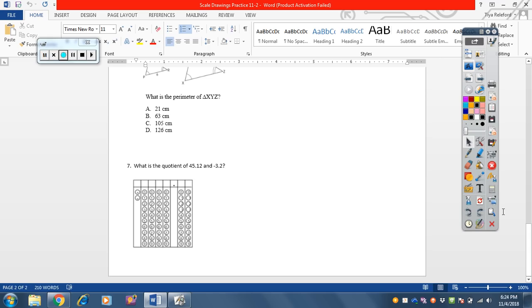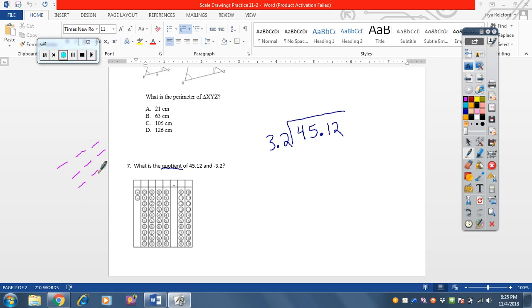And then number 7, it says the quotient. Quotient, guys, means to divide. And you know if there's a griddable, you need to be extra sure to decide if it's positive or negative. This problem is dividing, so you use tic-tac-toe. For your decimal division, make sure you move your decimals back 1